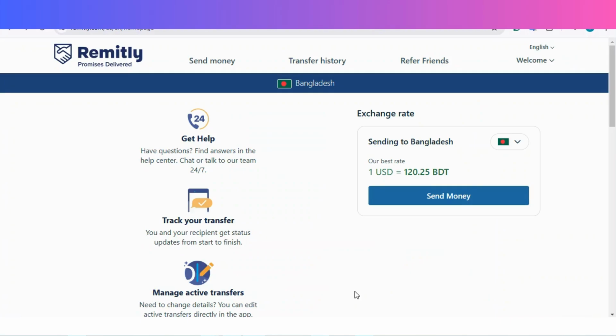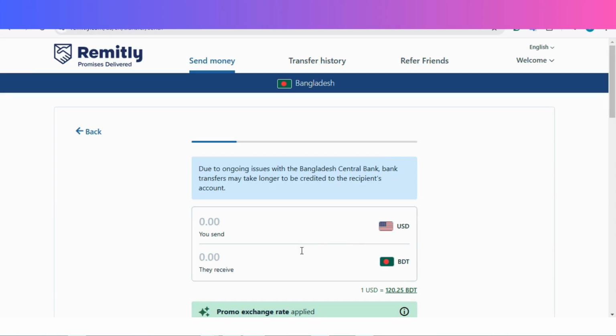First of all, you have to come to the Remitly website for sending money to Bangladesh, okay? And then you have to select Send Money after selecting sending to Bangladesh. And then you will see a form like this. You have to fill up this form for sending money to Bangladesh. You have to select the amount, how much do you want to send,